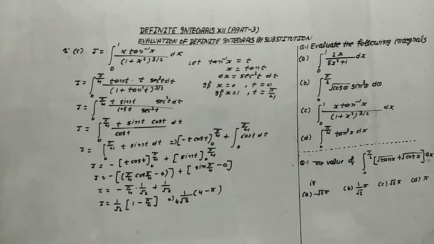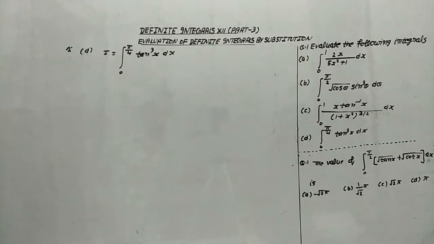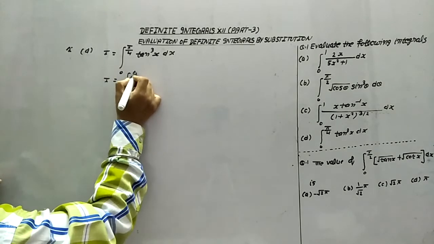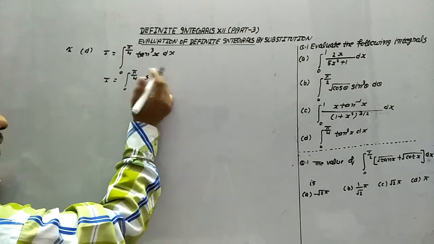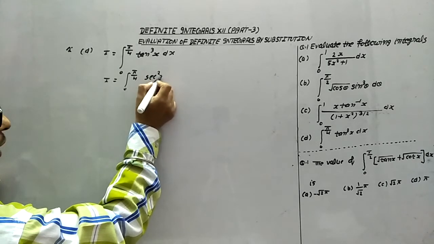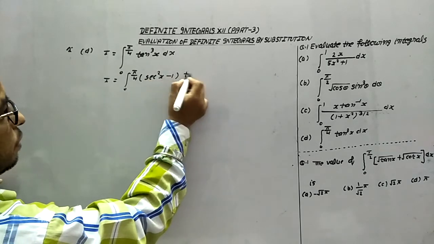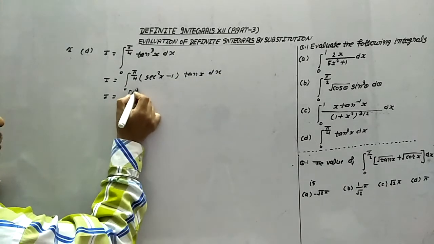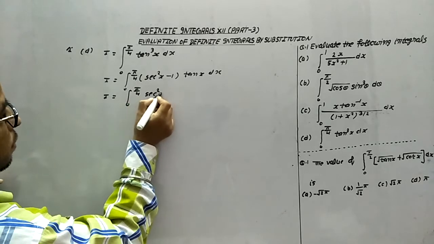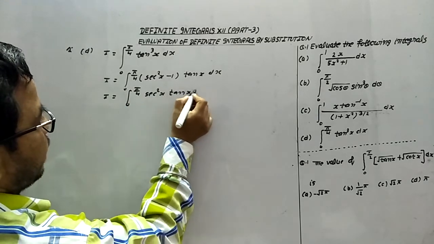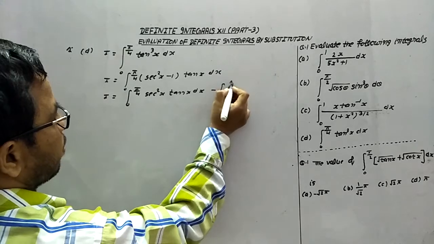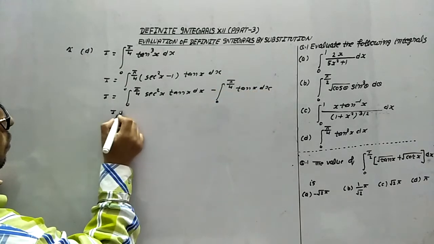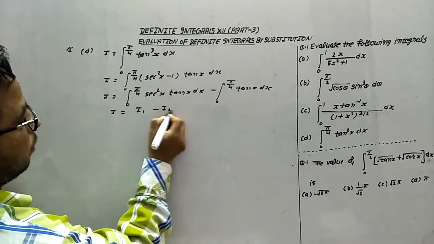Now let's do the solution of D part. Look at this thing. In this fourth part, we have to find out the integration of this. So first of all, 0 to pi by 4, tan cube means tan square. Tan square x means sec square x minus 1, and this is tan x dx. It means I is equals to integration 0 to pi by 4 sec square x tan x dx minus integration of 0 to pi by 4 tan x dx. So first of all, we will see I is equals to I1 minus I2.